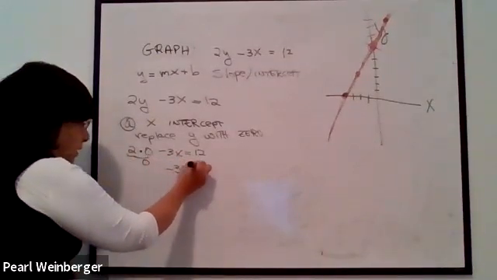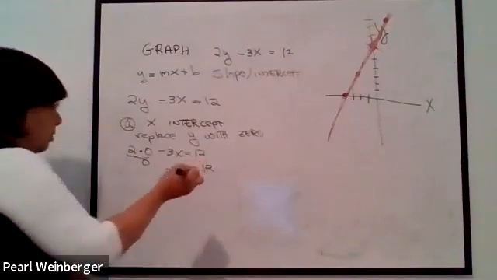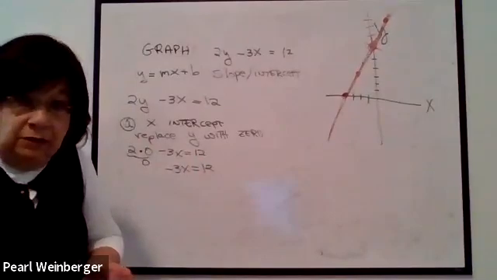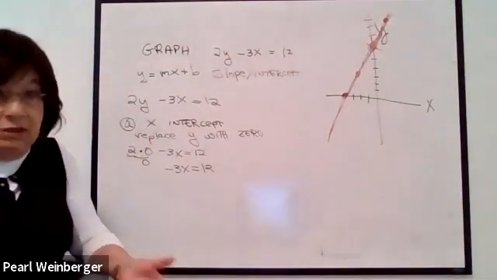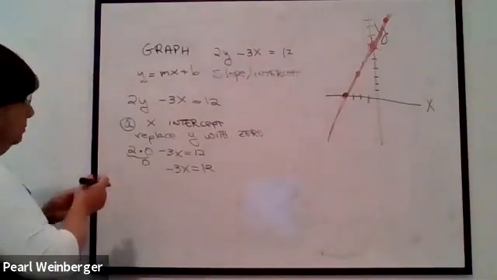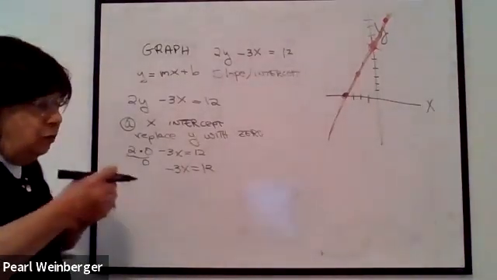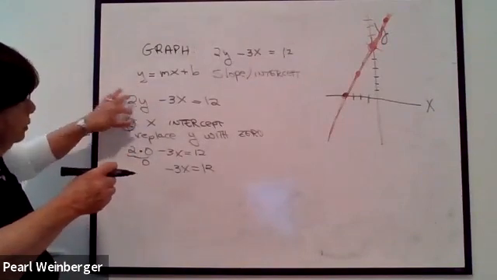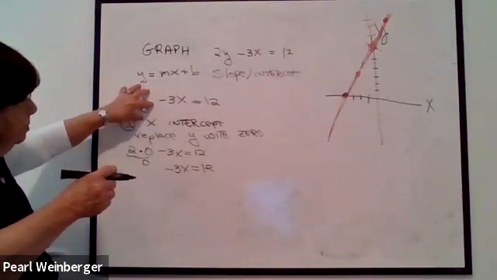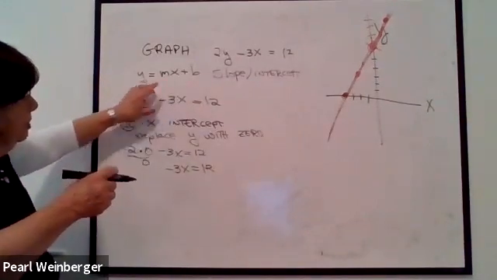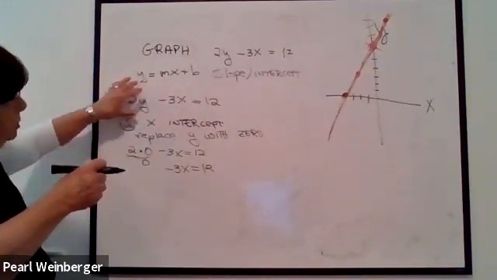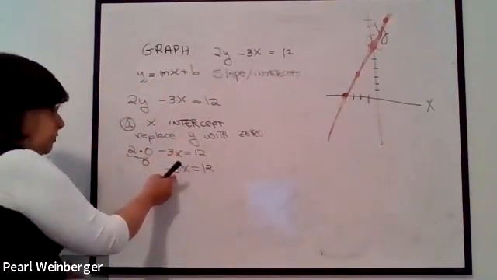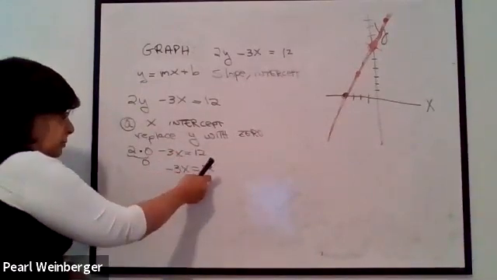Notice this is really quite easy to do, because if you're replacing the y with 0, any term that has a y in it is going to disappear. You'll just be left with the x terms and the numbers, but the y terms are now 0, so they're not there anymore. And of course, I have negative 3x equals 12,